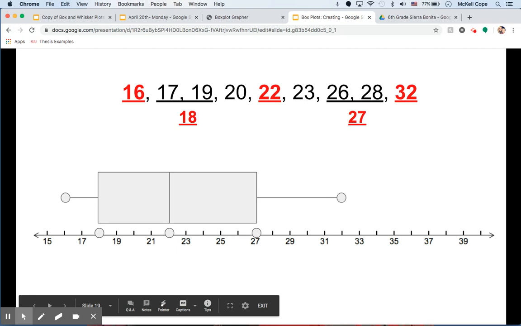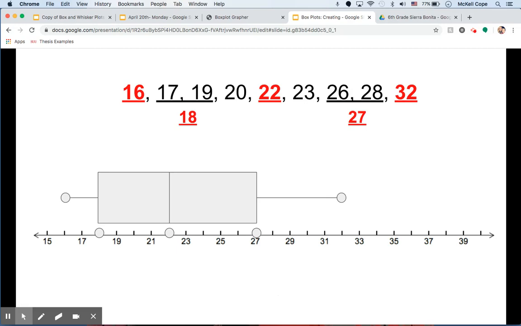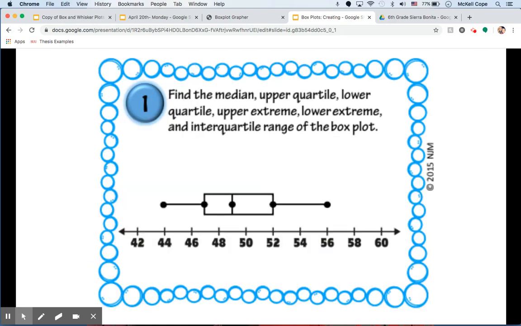Okay. Now, if you did not get it right or you did not understand how to do that, again, please reach out and ask some questions so that we can make sure that we're where we need to be. So the next thing I want to do is go over those vocabulary terms with you. We're just going to talk about those different terms, and identify them on an already